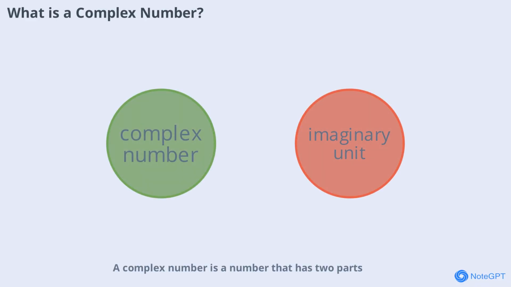A complex number is a number that has two parts, a real part and an imaginary part. It's usually written in the form a + bi, where a is the real part and b is the imaginary part. The i stands for the imaginary unit, which is defined as the square root of -1. This might sound strange at first, but it allows us to solve equations that have no solutions in the real numbers. For example, the equation x² + 1 = 0 has no real solution, but with complex numbers it becomes